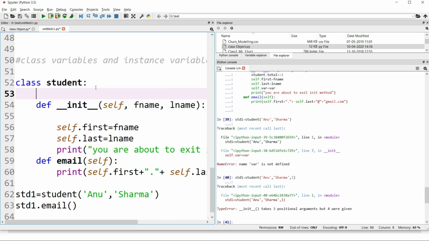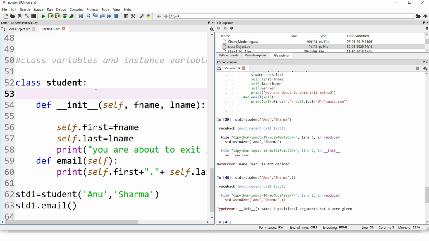Now let's start with what class variables are. Just remember one thing: whenever you define any instance variable or object variable, it is unique to that particular object. Only that particular object can alter the value of its instance variable. So the first for object 1 was Anu, the first for object 2 was supposedly ABC or XYZ, so they were unique.